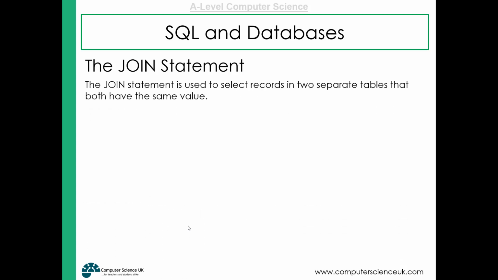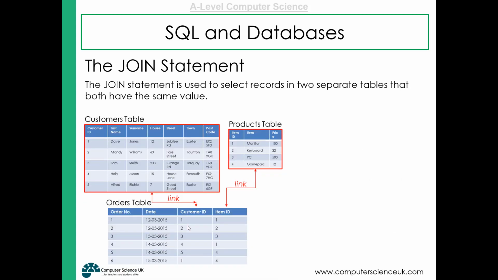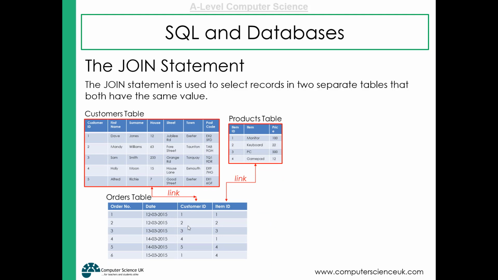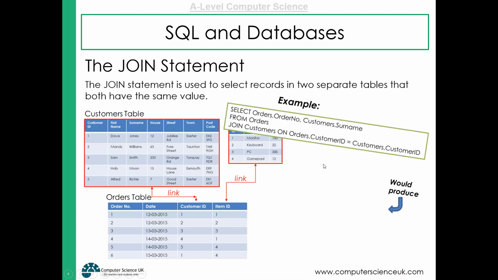Now the join statement is used to select records in two separate tables that both have the same value. So here we've got a relational database. We've got our customers table, we've got our orders table, and we've got our products table. Now if we were to run the following SQL statement, select orders.orderNumber. Now that means select the field order number from the orders table, and select customers.surname. So that means go into the customers table and select the surnames column